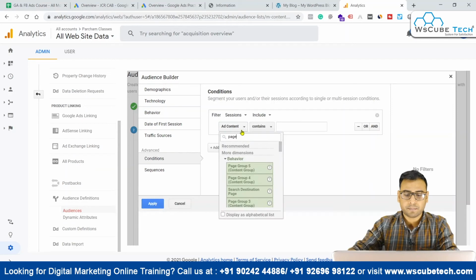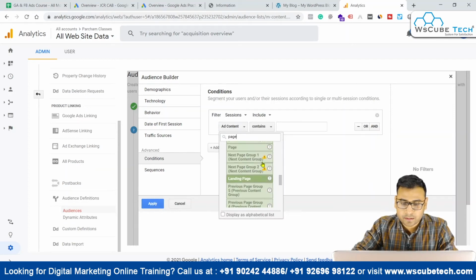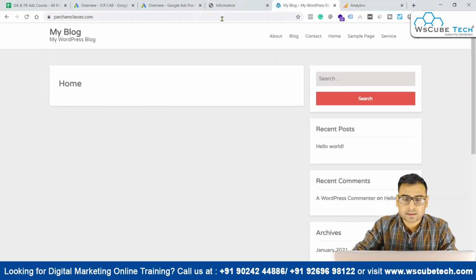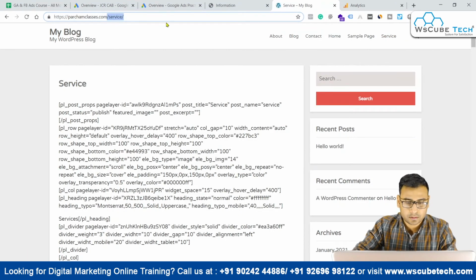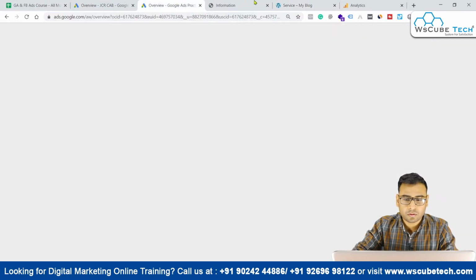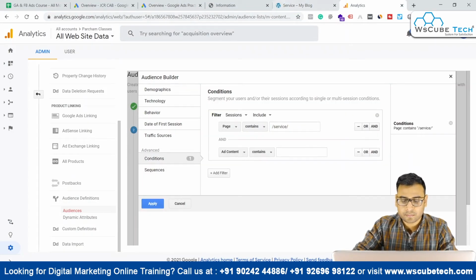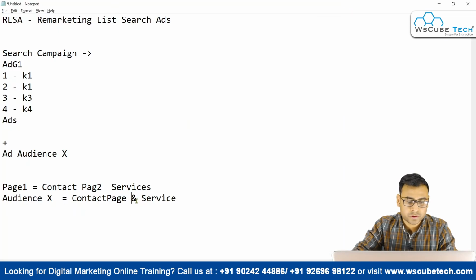Here we have to select the page, right? So we select page, and this one is contains. So we select page contains, and then we select service from here. Okay, here it is, service, and we have another condition over here, for those who visited both things.